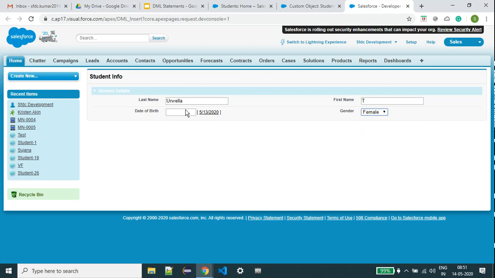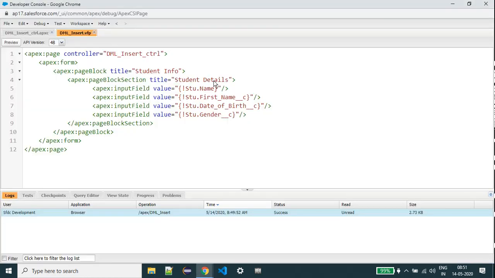I'm giving some date, something like this. So what happened here? I'm giving the Urvila, T, gender, and date of birth, right? So as per the coding, these are all the fields, right?